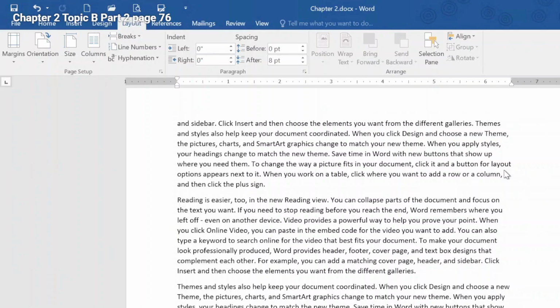This is the second part of topic B on the bottom of page 65. And we're going to take a quick look at how to turn your rulers on. You can see mine are already visible to me. I have my horizontal ruler at the top, and here I have my vertical ruler in the very left-hand side